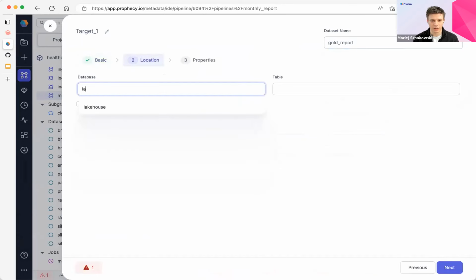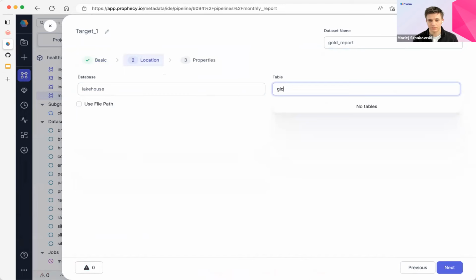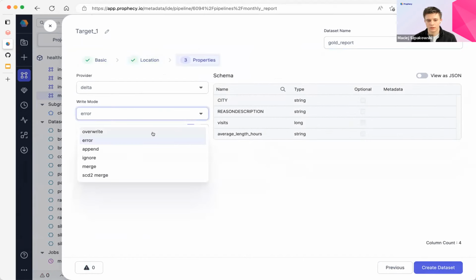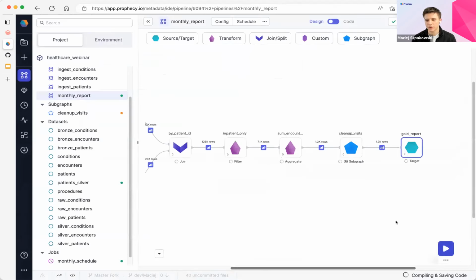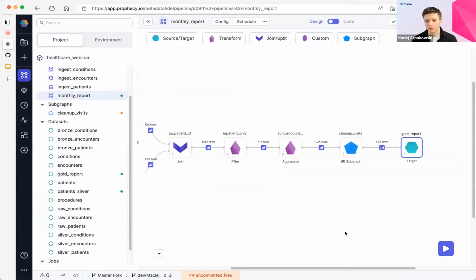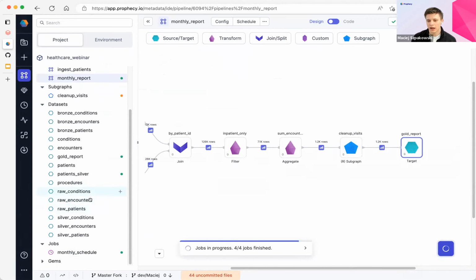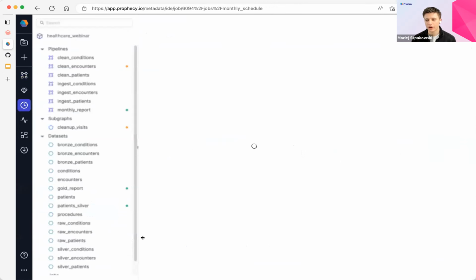We can create a brand new table on our lakehouse. And just like this, we have our complete pipeline fully ready for operationalization. So we can just go ahead, run it one last time, make sure it runs. As we mentioned, we do want to run through a whole cycle of not only developing the pipeline, but also testing and releasing it. So let's really quickly add it up to our schedule and go ahead and release it